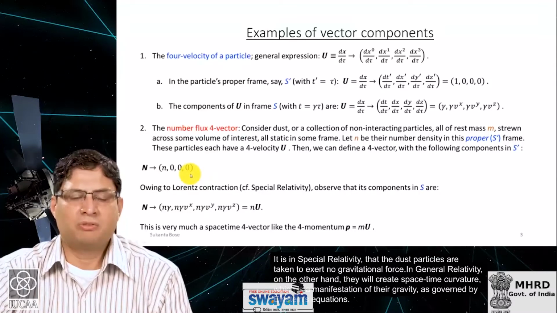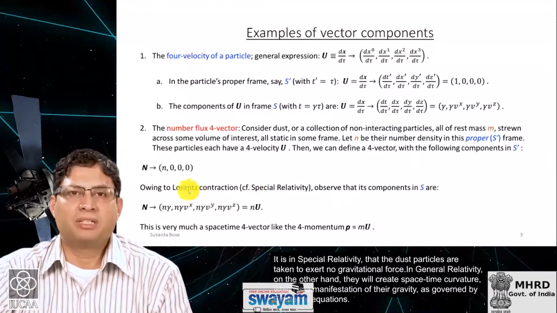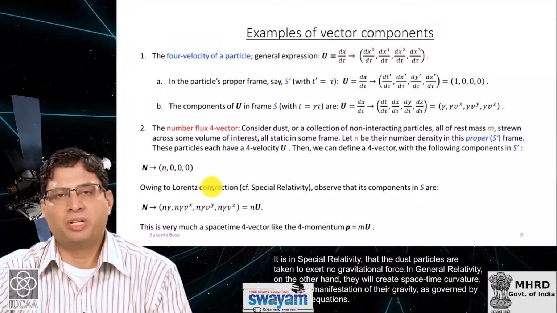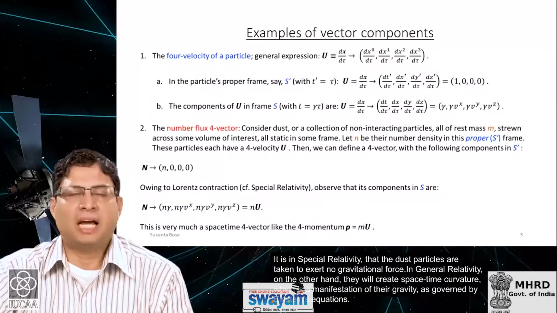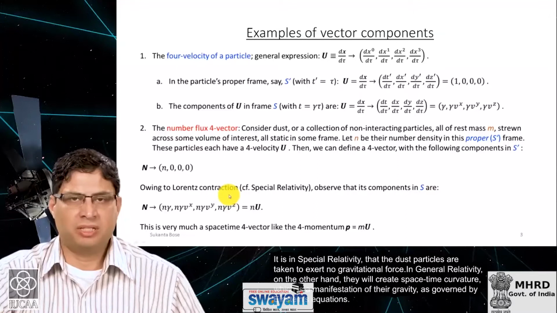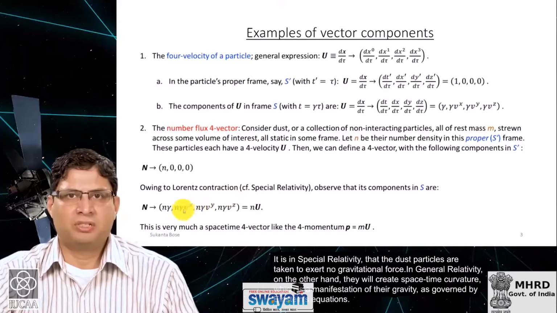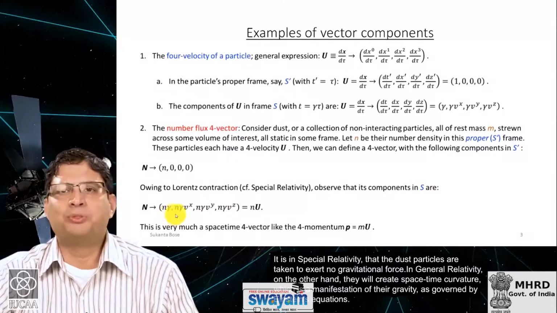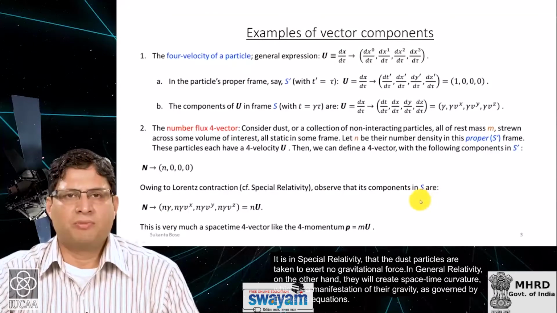And owing to Lorentz contraction, the number density will be affected as well, and that is because if, for example, S prime were moving in the x direction, then the box carrying those particles will be contracted along the x direction by a factor gamma, and that will increase the number density to n times gamma. So, that is why it is not a surprise that as viewed from the classroom frame S, this number flux vector